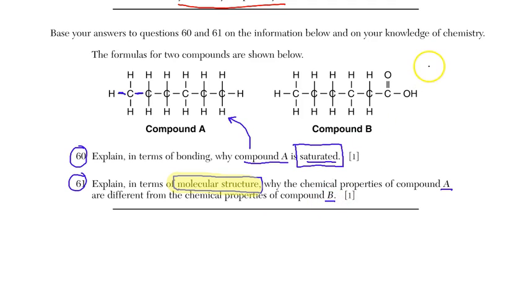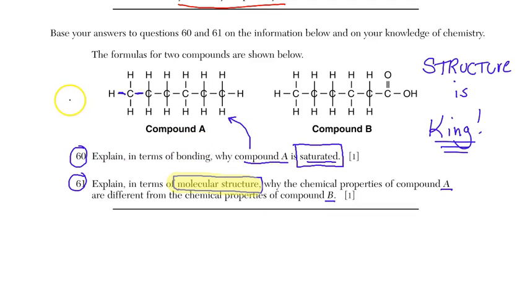Now, I always say to my students, structure is king. You change the structure, you change its chemical properties, especially in organic chemistry, where enzymes and three-dimensional proteins, which run these reactions in our bodies and living organisms, are based upon form and function. So structure is king. So the bottom line is A has a different molecular structure than B, and that would